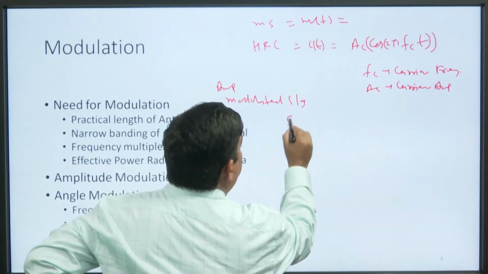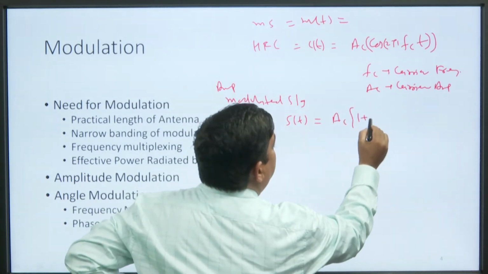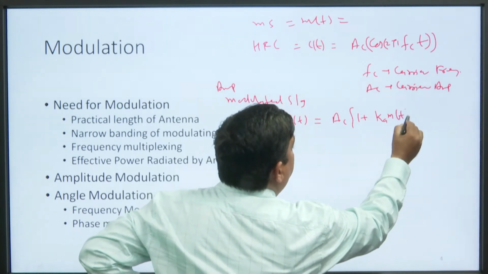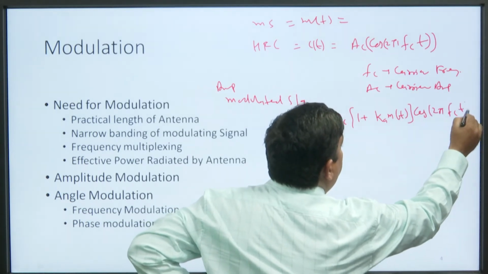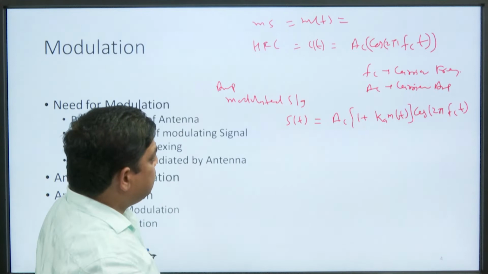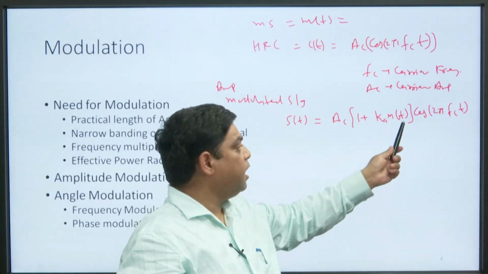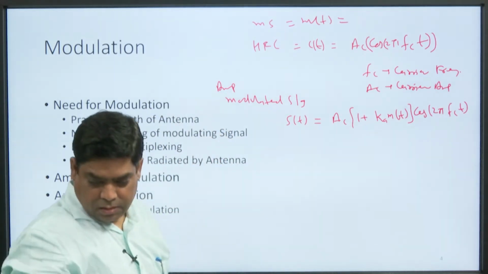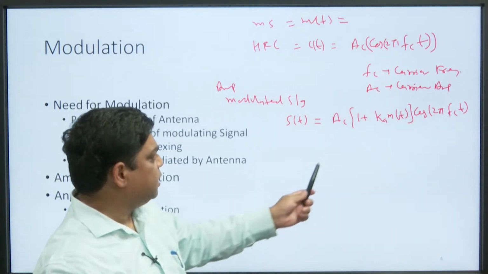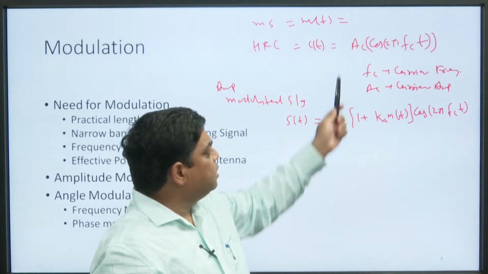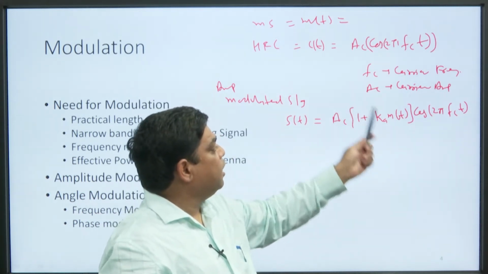that is suppose s(t), then s(t) becomes Ac [1 + ka m(t)] cos 2 pi fc t. Here we can see that in place of Ac it is Ac [1 + ka m(t)]. And this ka m(t), basically m(t) is a modulating signal, ka is the sensitivity. So, amplitude of the high frequency carrier signal is varying as per the modulating signal to make